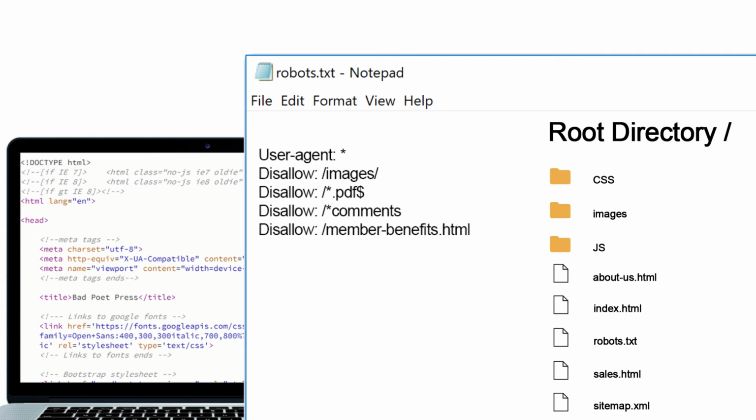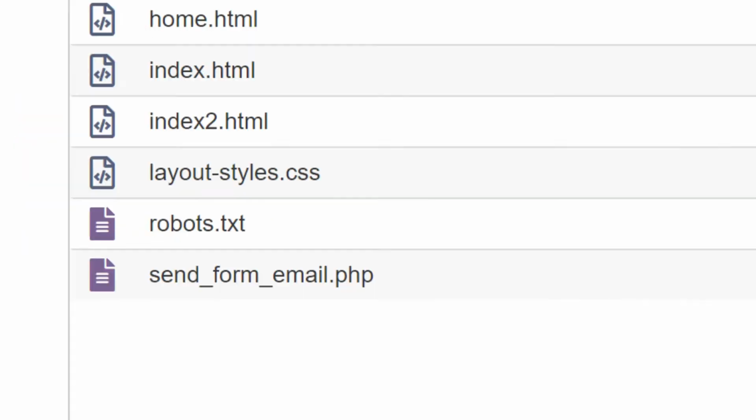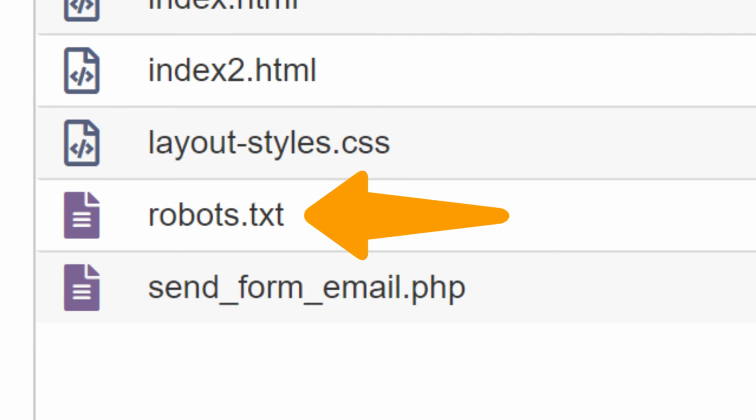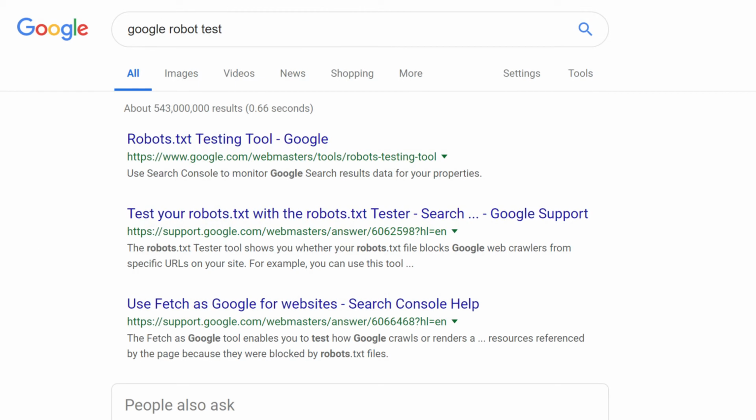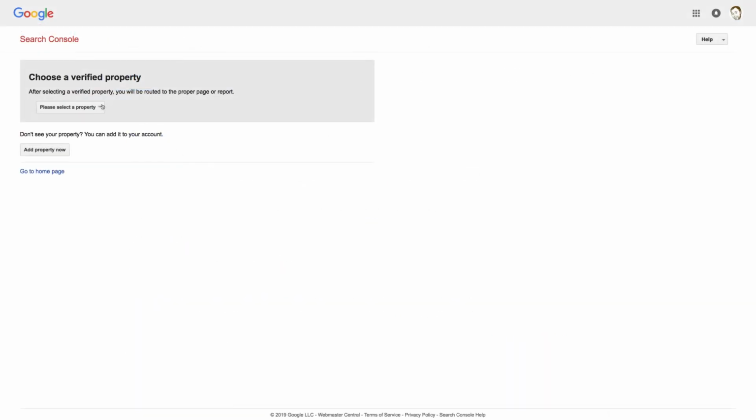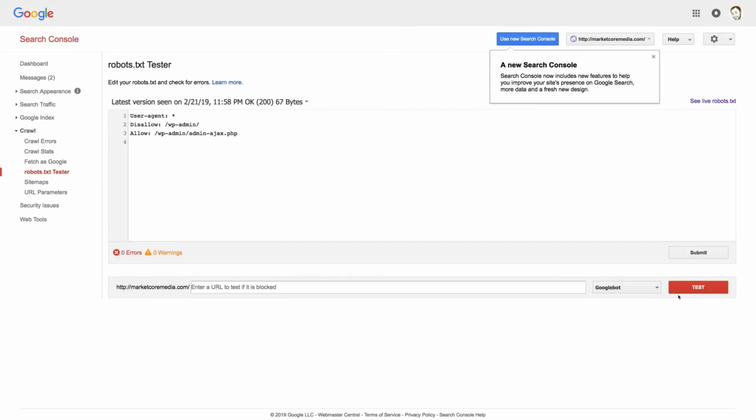And then when all is said and done and you've created your robots.txt file, named it as such, and have it saved into your root directory, it's definitely worth taking one last moment to test it. Just Google Robot Test, and you'll find their testing tool designed precisely for this purpose. Just open the tester, select your website, and test. And then take care of any formatting errors in the event that there are any, hopefully not.